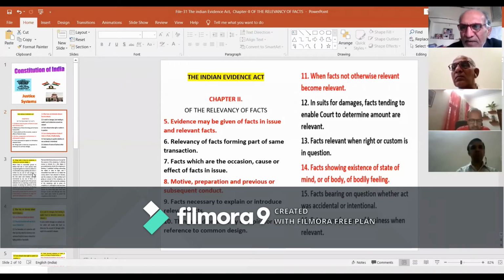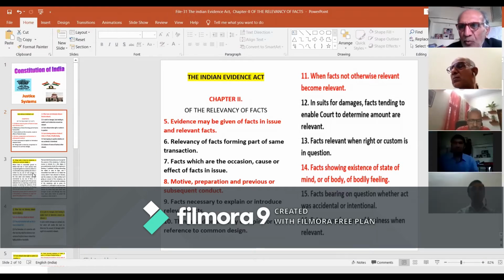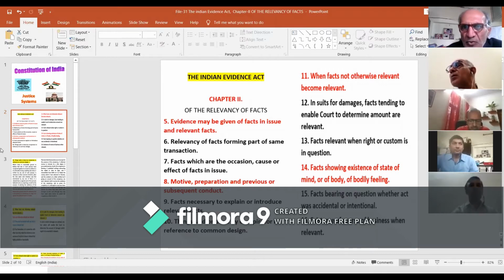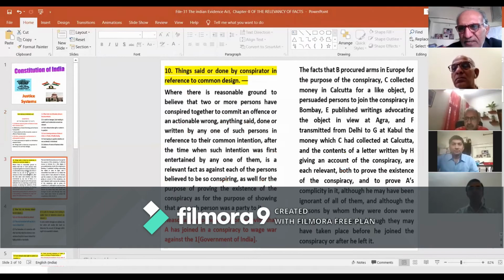and it being of practical importance as one is to prove or disprove a particular ingredient of a particular offense or a particular issue in a suit. Therefore, we should be well acquainted with, we have to observe fully, the concept of relevancy and the permissibility in terms of relevancy under the Indian Evidence Act. Today, we are focusing upon Section 10 of the Evidence Act.